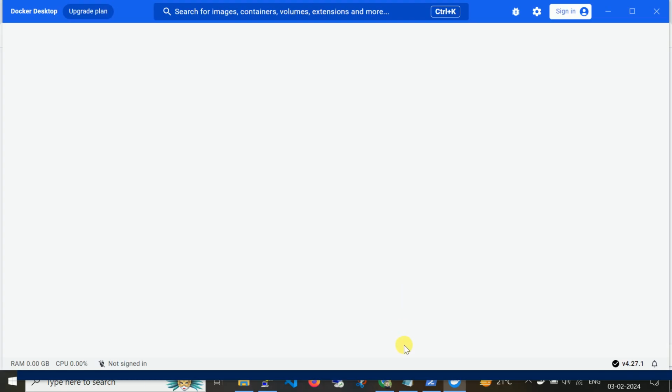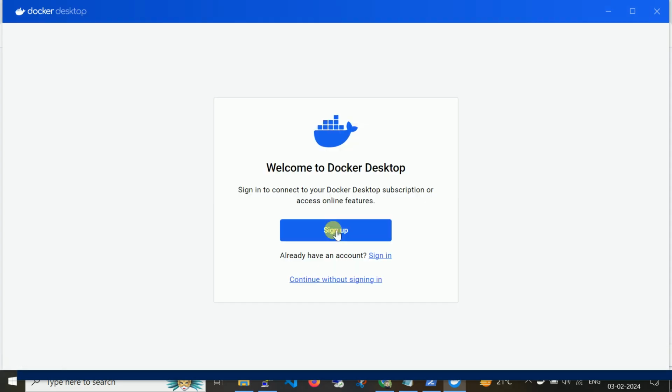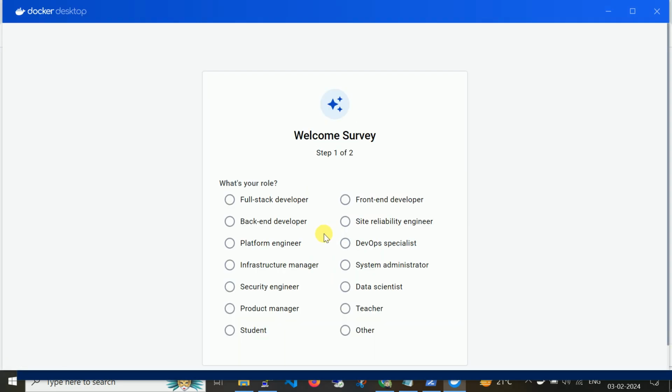Also, as a prerequisite, Docker for Windows requires 64-bit Windows 7 or more, and Docker requires hardware virtualization, meaning your hardware must support virtualization. Usually today's generation of laptops, desktops or instances are well equipped with virtualization supported architecture.